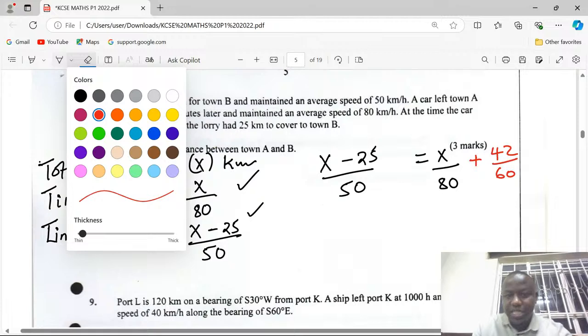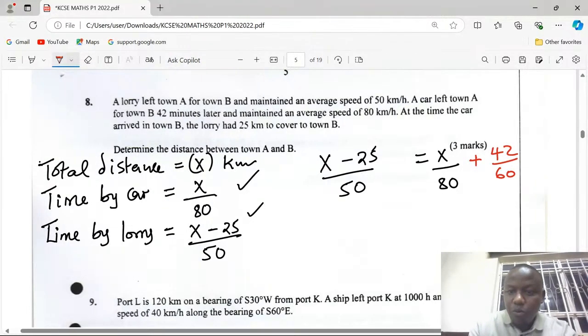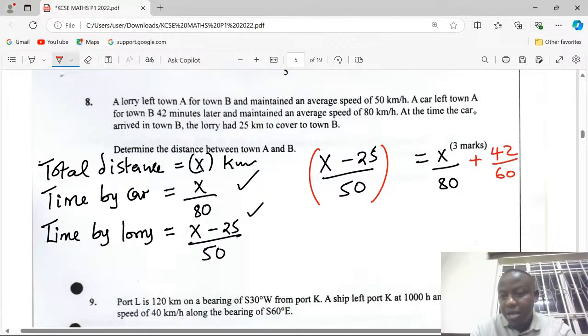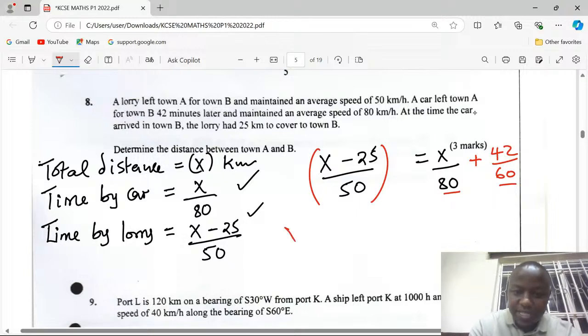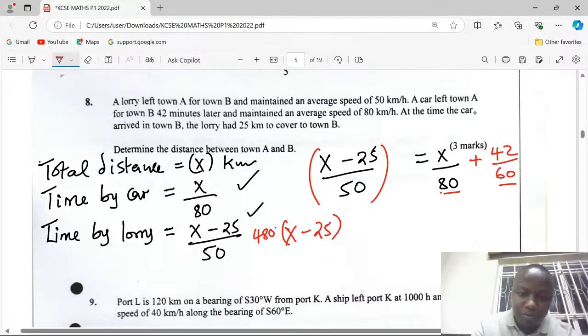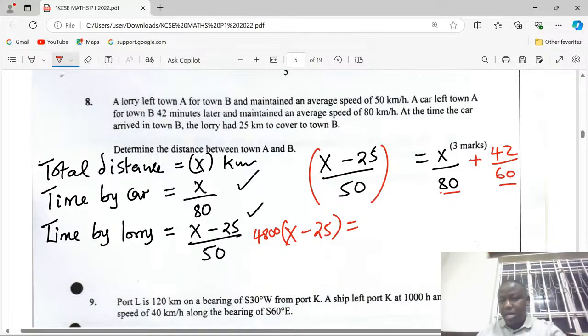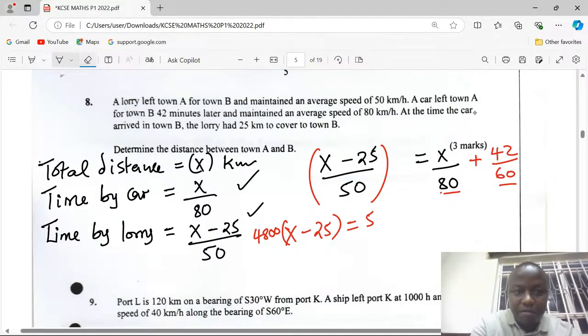Instead of wasting time multiplying by the LCM, we can multiply this factor, or we divide 50 by 60 and 80, such that we will have x minus 25 being multiplied by 4800. This is equal to, we divide 80 by all the factors there, and we cancel 80 and have x being multiplied by 5 by 60, 3000